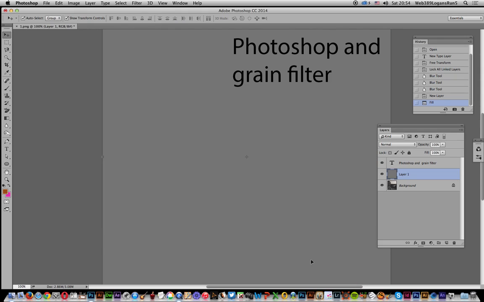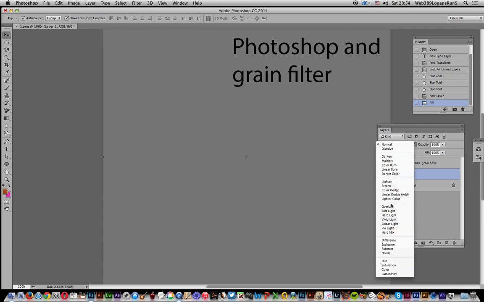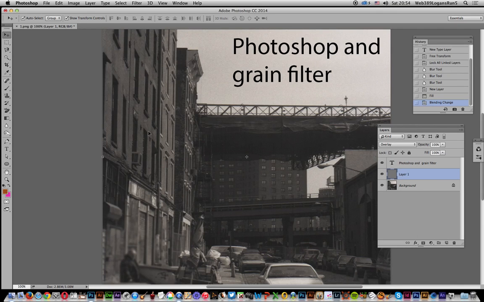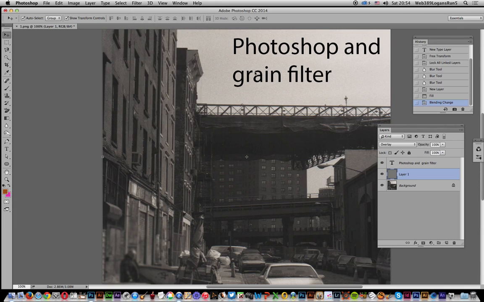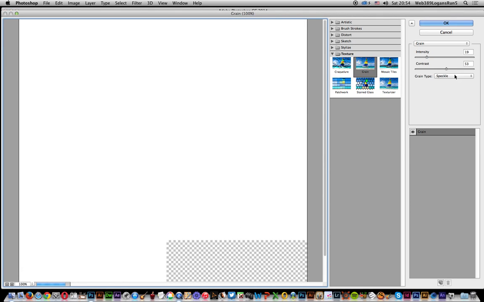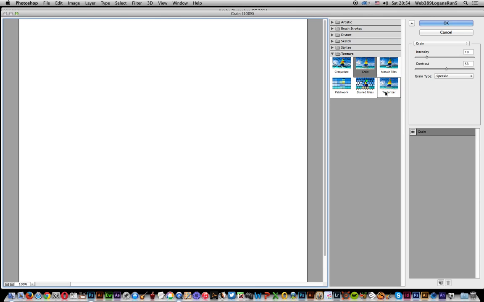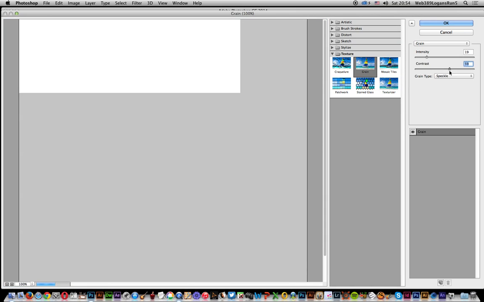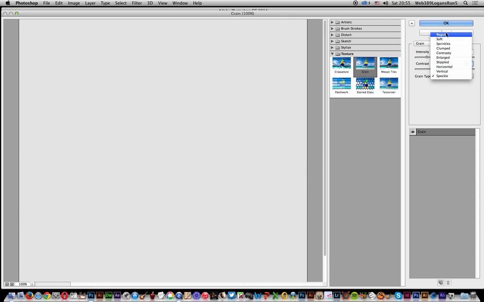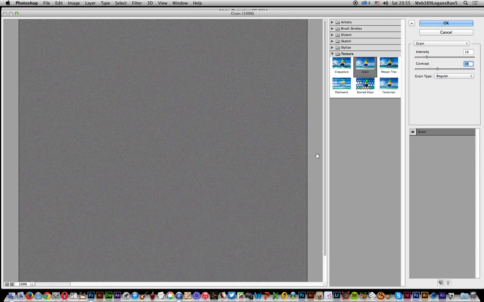Now obviously you can't see anything there at all. So I'm just going to set it to overlay, and of course I could use some of the other blending modes as well. Now I can go to the filter gallery again, and as I say, some of them just don't particularly do much. So you've got nothing there at all. You can see if you put the contrast down, you can. But if you go to some of the other ones, you can actually see some of this grain,